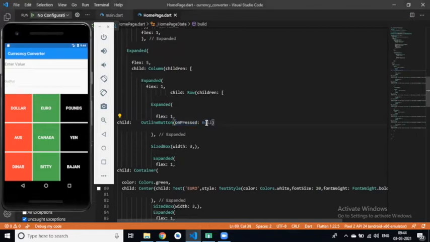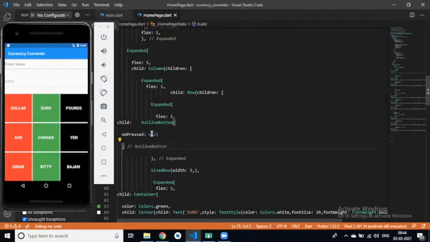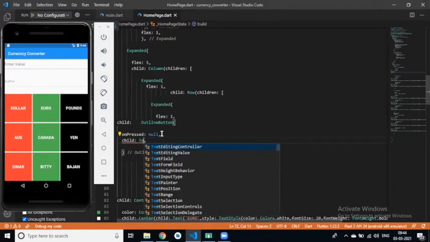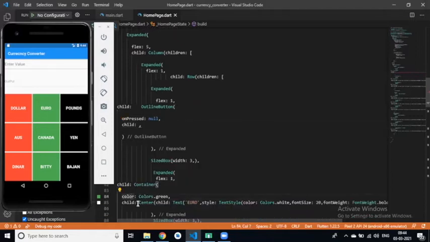In on pressed, currently I define it as null, then I can define child. In child I can define text, same as the container. So I can copy this text.